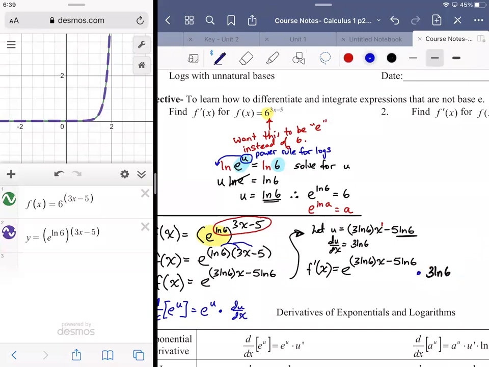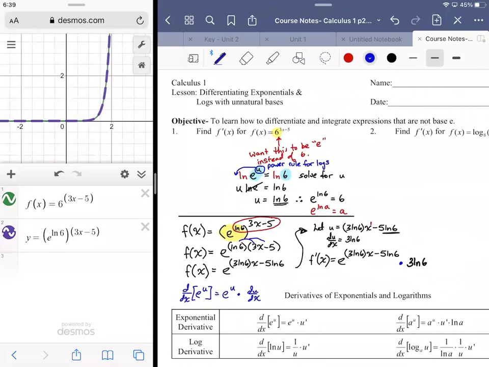Now, whether you want to simplify it further and bring it back to a base 6, that's up to you, but this would be equivalent, right? And like I said, there's shortcuts. We'll get to the shortcuts in a minute, but this actually shows you the origin behind the shortcut,